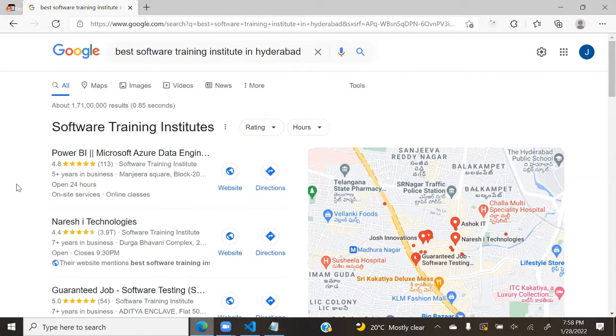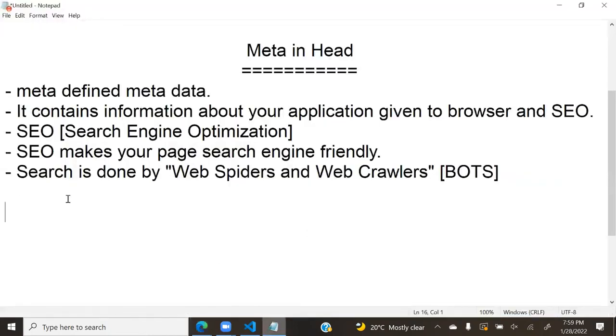Search engine optimization is a very big thing. Lot of techniques are required, and Meta is one technique. Many times people have a doubt about what the purpose of Meta is. So now you got the point.